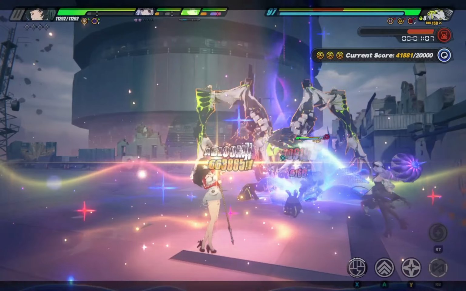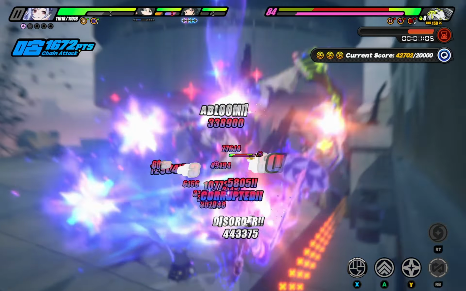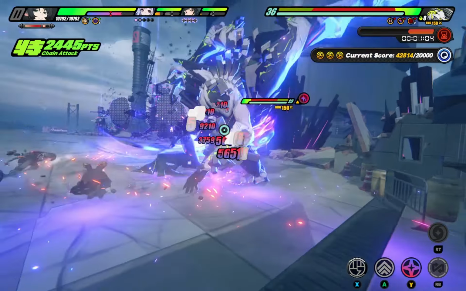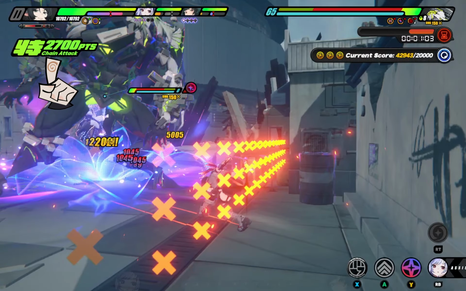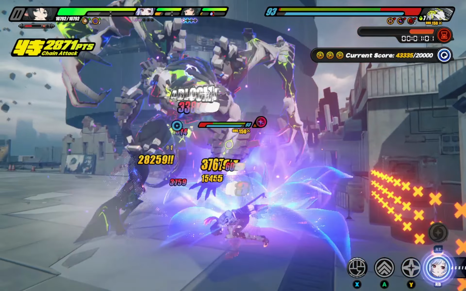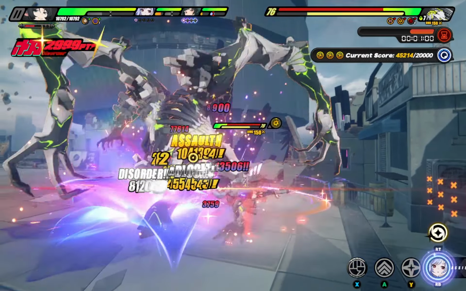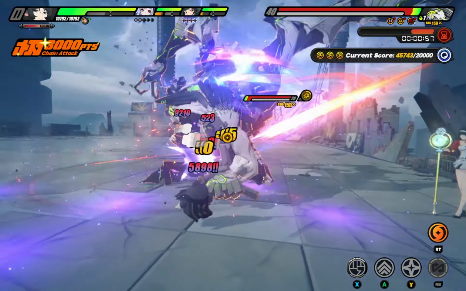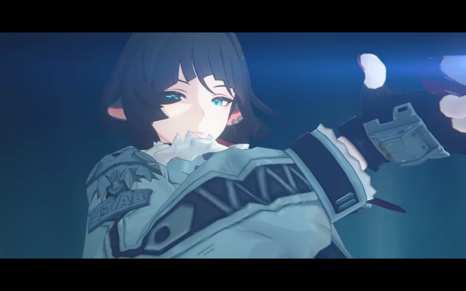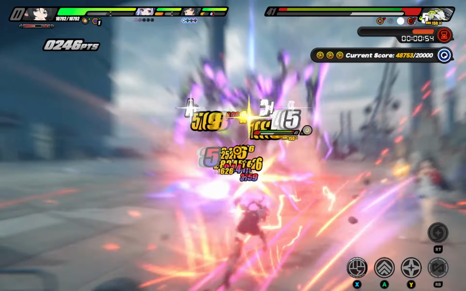Like before, corruption by Vivian chain, first disorder, then to Jane chain. Now here, see that Jane's decibels is above 2500. That means we can use her EX here and spin to trigger the assault. Second disorder, then to Vivian chain again for corruption, third disorder, to Jane chain, and then ultimate, fourth disorder, Jane